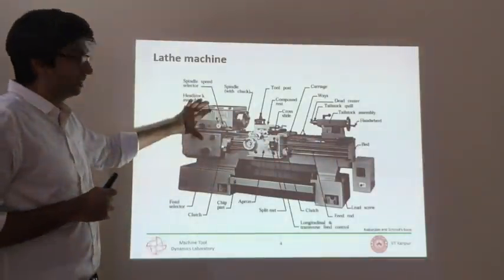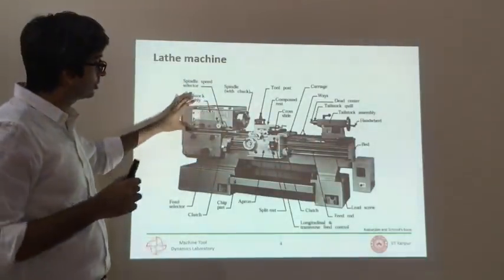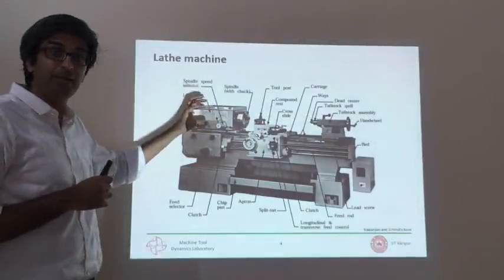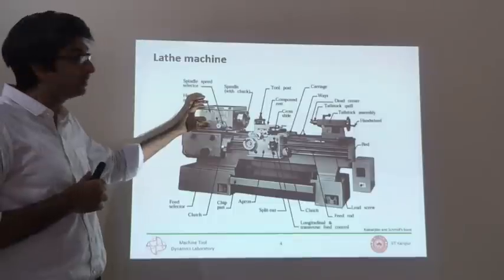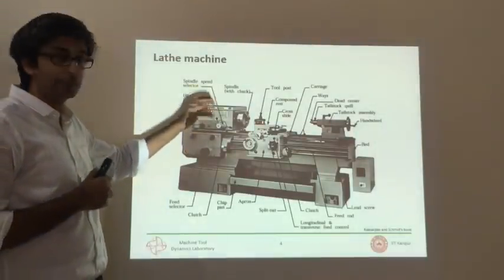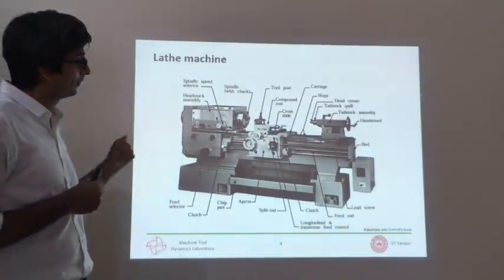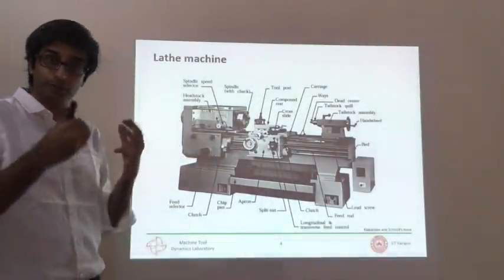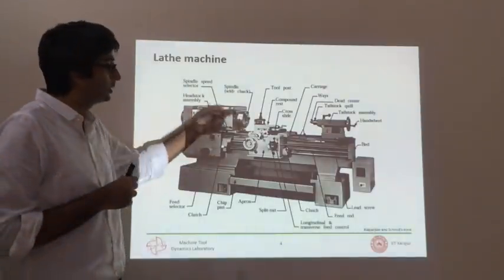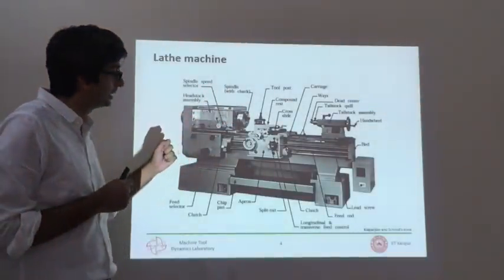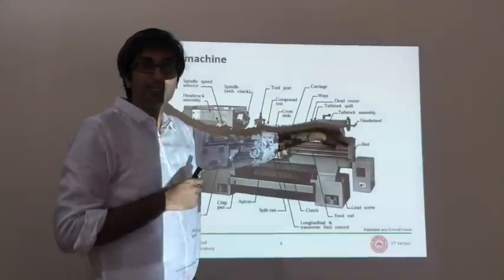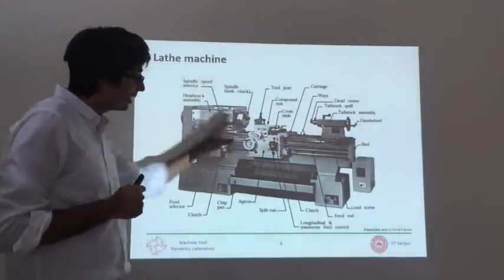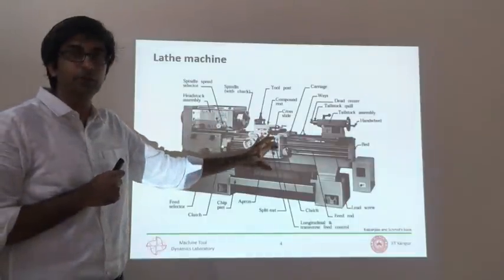The one on the left, on my left and also on your left, is what is called the headstock, which has the main motor, the gear drives and the spindle, and which also supports the workpiece that is rotating. Then there is something in the middle called the cross slide, which supports the tool which moves in relation to the rotating workpiece. And on the right hand side is something called the tailstock, which is also important but not as important as the headstock and the cross slide.